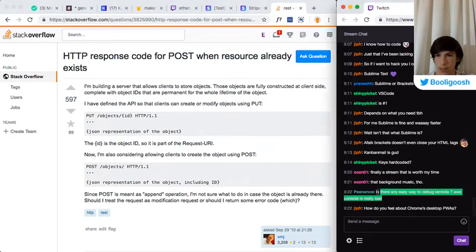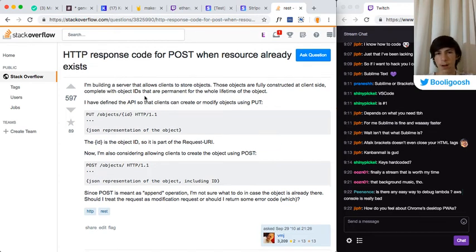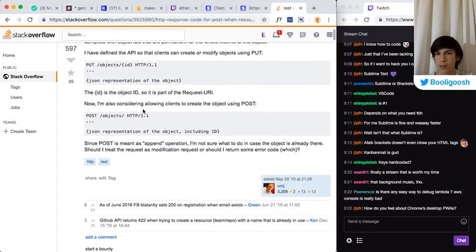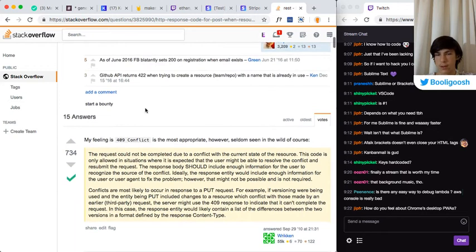Then what's this? Is there any easy way to debug Lambda? With Netlify Cloud Functions, there's a console where you can look, which stores I think the last 30 minutes of logs or something like that.